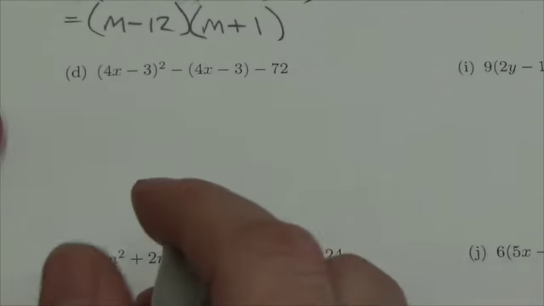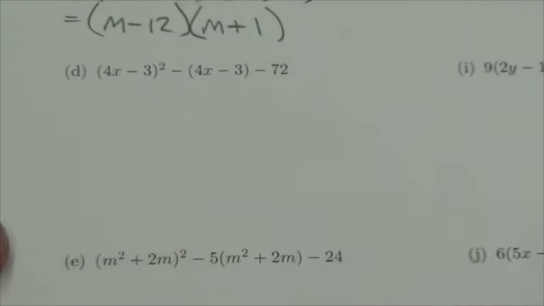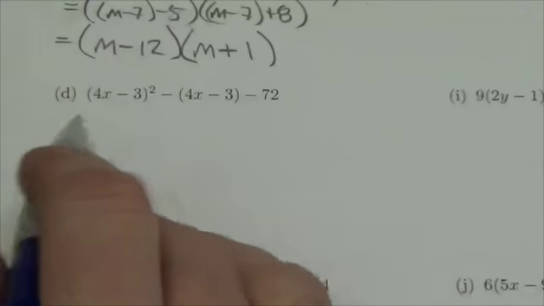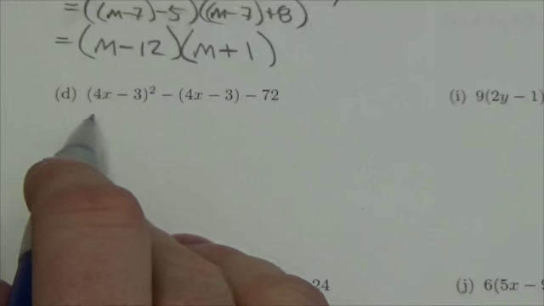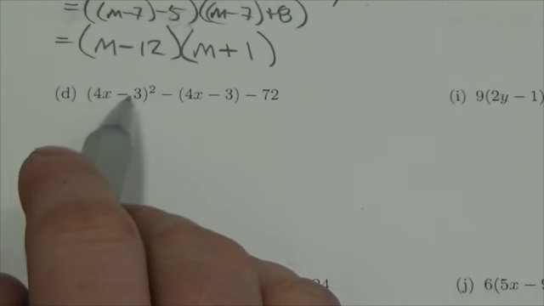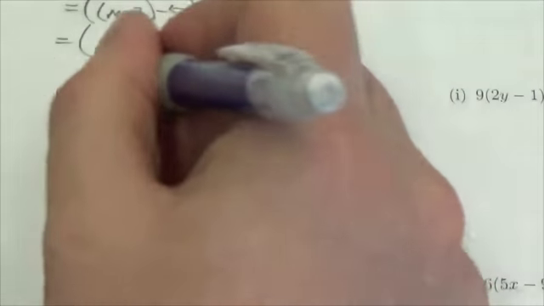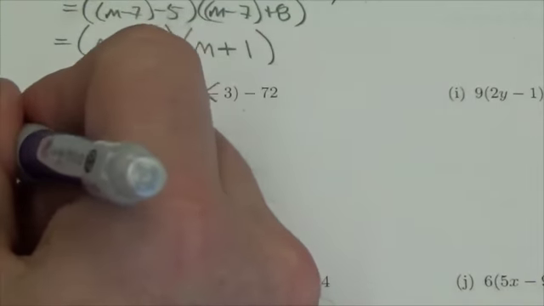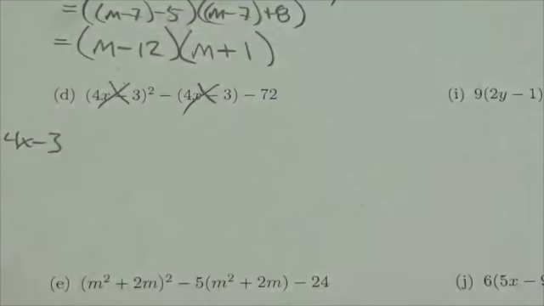Okay, hi everyone. We're going to factor here 3D. And so again, when I look at this thing here, I see two levels to this problem, okay? I don't know what x is, so I don't know what 4x minus 3 is, so let's just call this big old x here, okay? So we're going to let x equal that 4x minus 3. We're going to do a substitution here